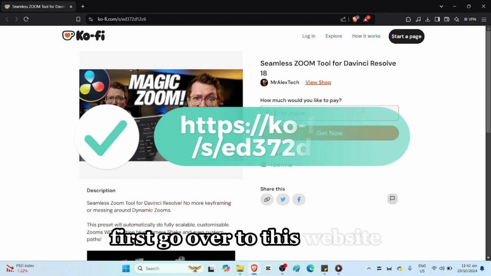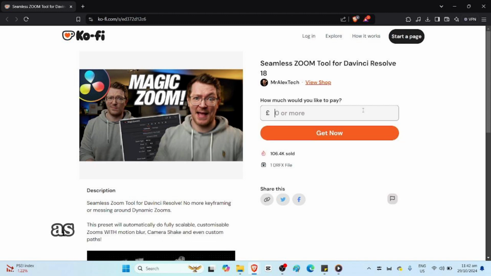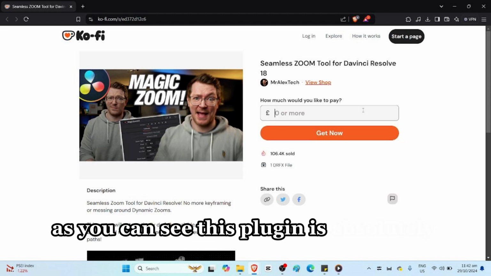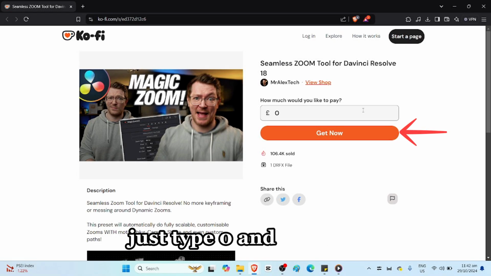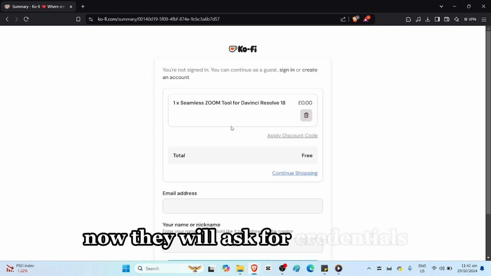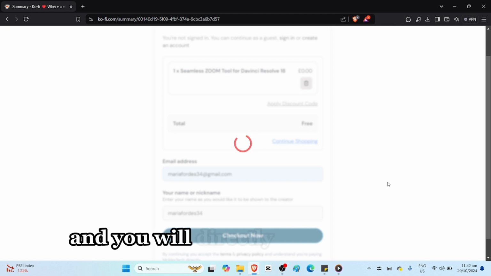First, go over to this website. Make sure that you type this on your page accurately. As you can see, this plugin is absolutely free, so you don't have to worry about it. When they ask for funds, just type 0 and click Get Now. They will ask for credentials, so just do those and click Checkout Now, and you will directly go to this